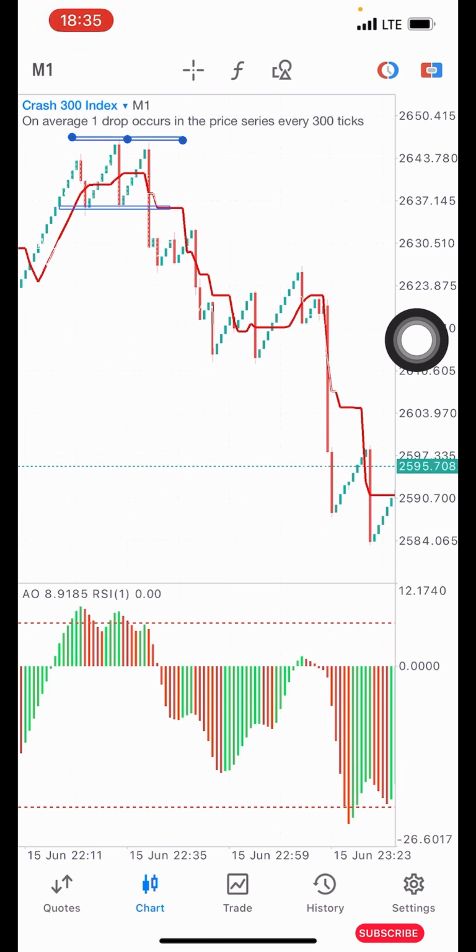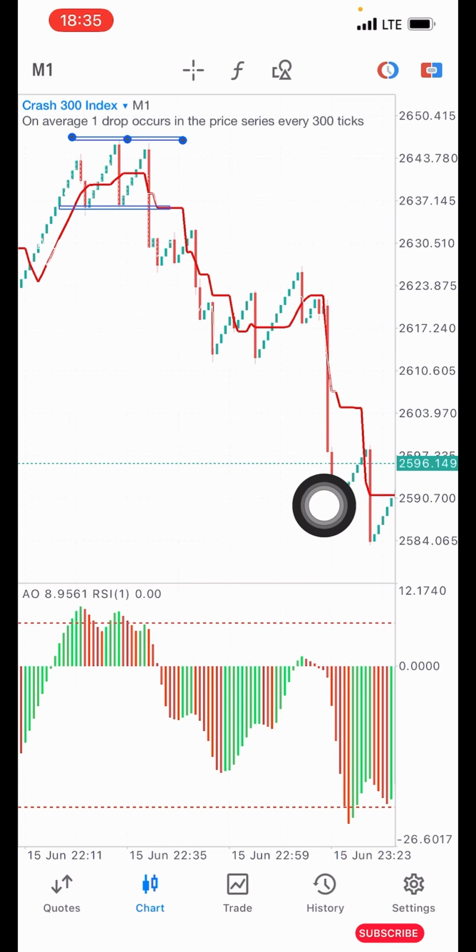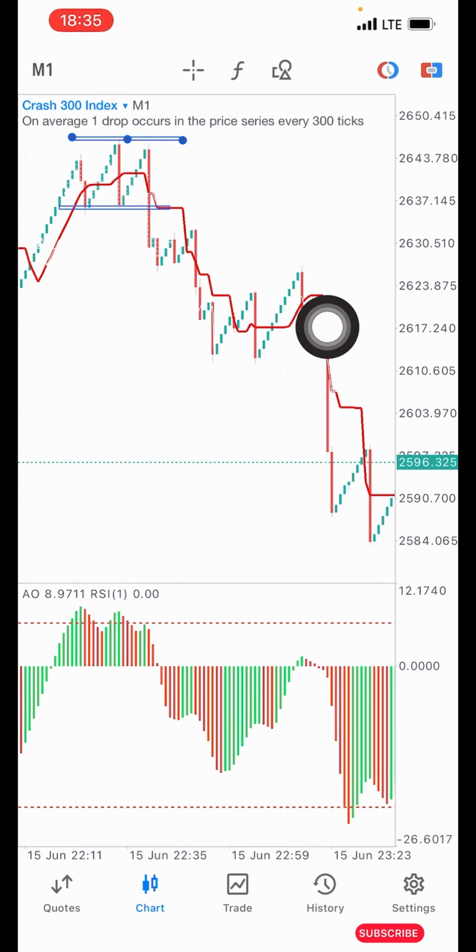That is all I want to share with you guys regarding this strategy. As you can see, you need to take note of this double spike here on Crash. As long as price is in a downtrend, you do your analysis from the 1 hour and 30-minute time frames. So long as price is in a downtrend and you see this double spike, one spike and another one follows immediately, here is the trick. I'll repeat again: once you see a double spike like this, one spike and another one following,